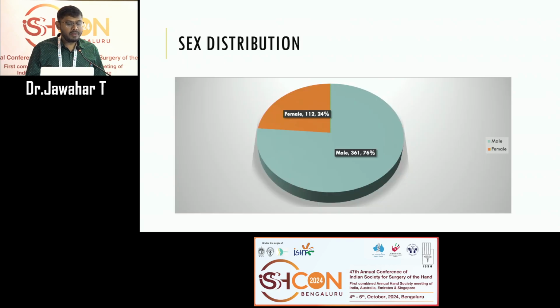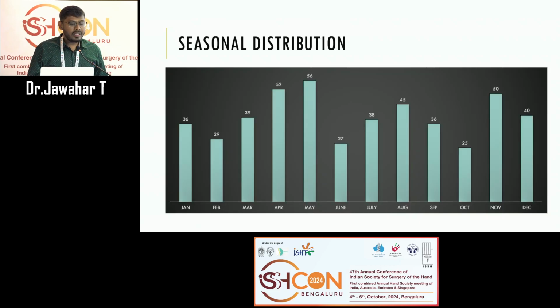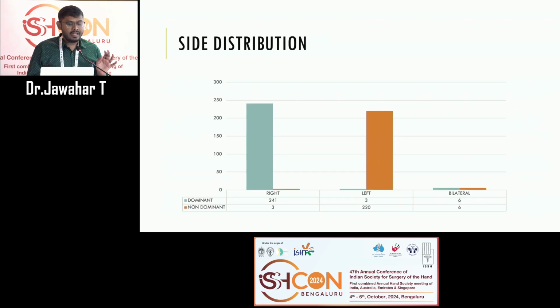We found that male patients had a predominance in our study population, and this shows the age distribution of our study. Interestingly, there were 22 patients who were 0 to 1 year old. They were entirely dependent children, dependent on their guardians. Seasonal distribution shows that the majority of injuries happened in the holiday period when the children are free, and in side distribution there was no significant